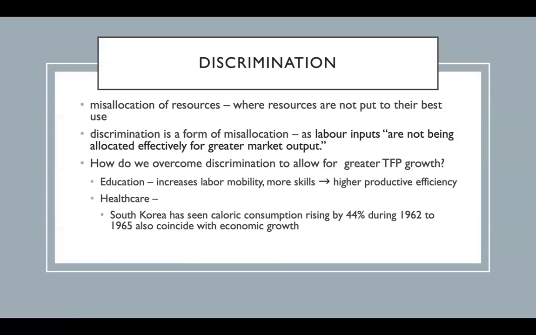Discrimination is seen in education. To overcome this and allow for TFP growth, governments can invest in human capital. This can be in state schools to ensure schools in disadvantaged regions are effective in teaching students the skills they need. Education is extremely important for labor productivity as it allows for attainment of higher wages and greater skill matches, which encourage productive workers. Healthcare also sees discrimination, and so investing in it would be essential for TFP growth.